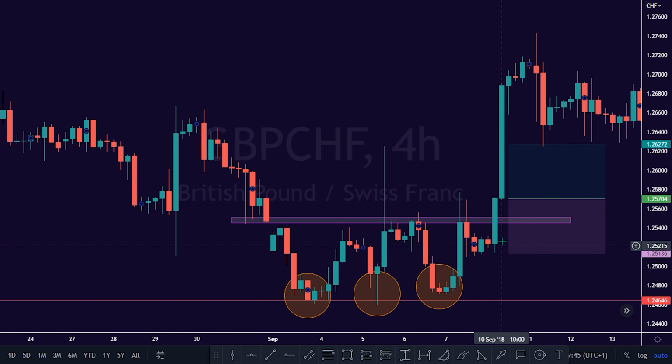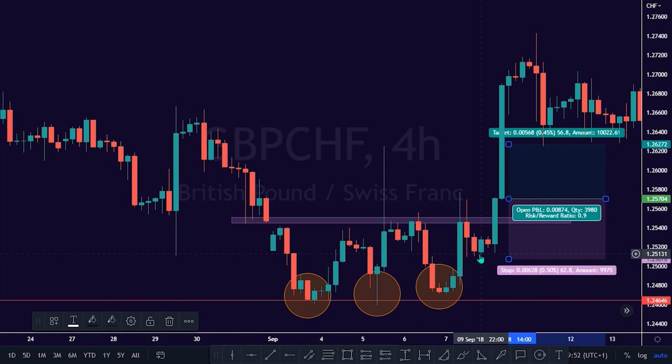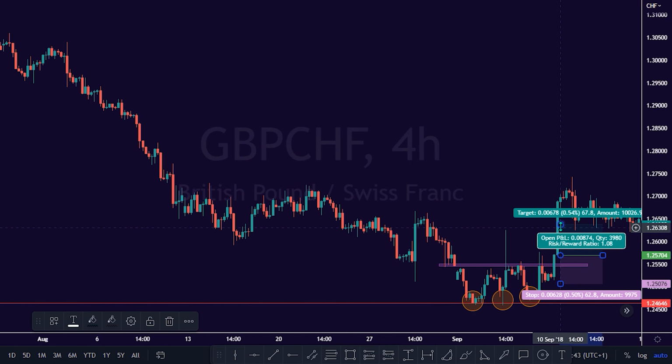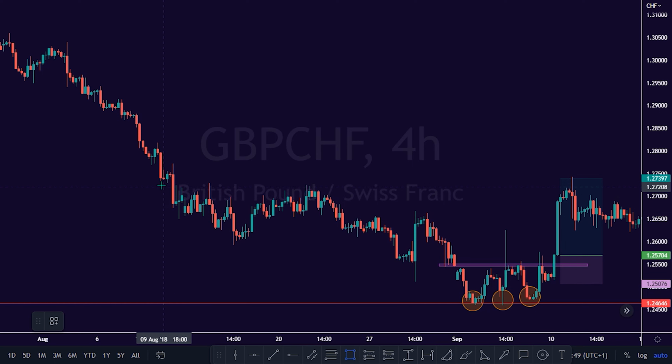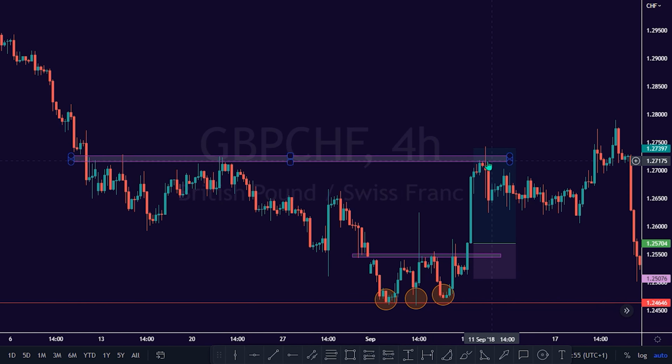There are two ways to apply stop loss in this triple bottom buy setup here. Stop loss option 1. Day traders can place their stop loss below the swing higher low that led to the bullish close of the candlestick above the neckline structure here. Day traders could have profited from 2.7 risk to reward ratio in this buy setup if they were to target the minor resistance level here at